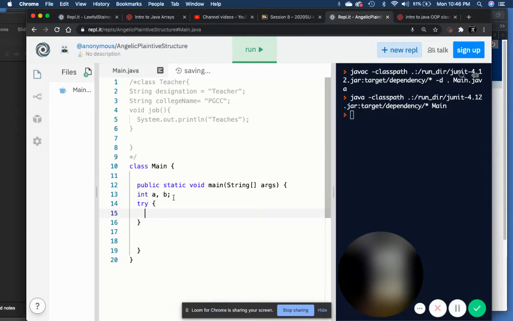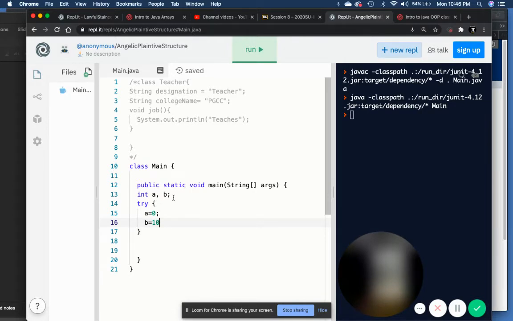This is where you put the code that you're checking. Let's say a equals 0